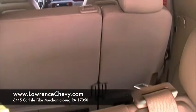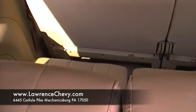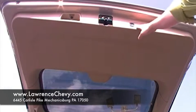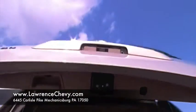We have 3 rows of seating here in the Suburban. Then to close the back, all we have to do is just press this little button right up here. That automatically closes right